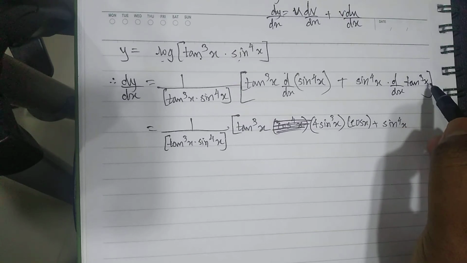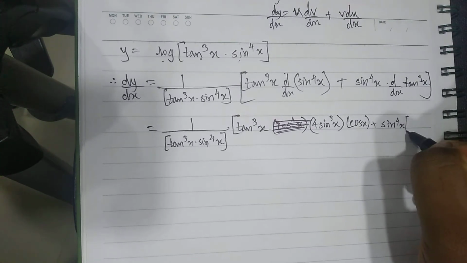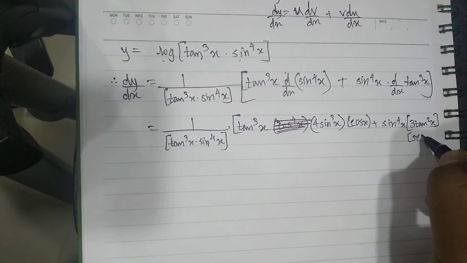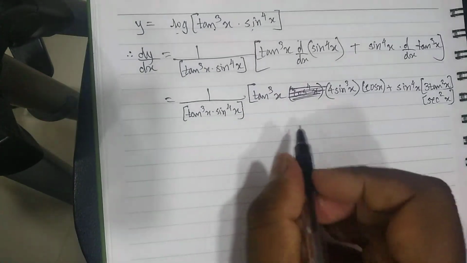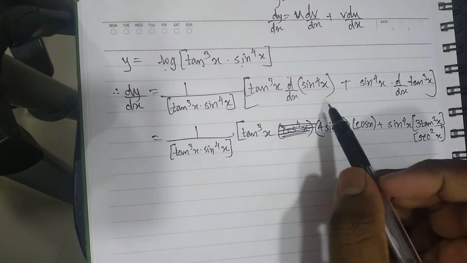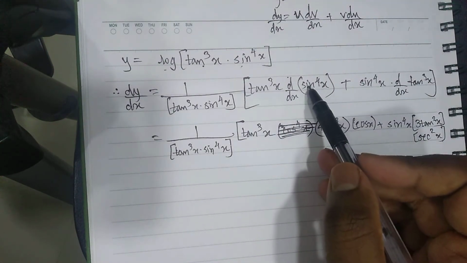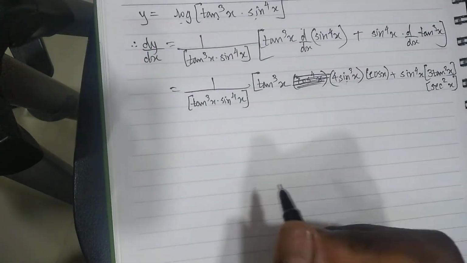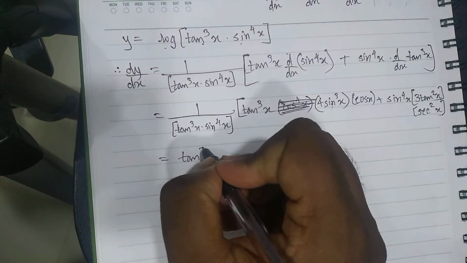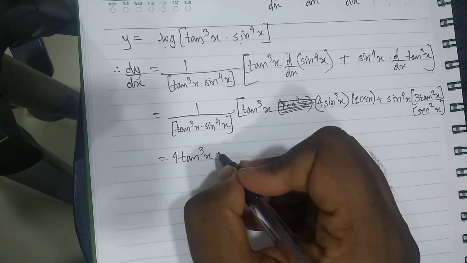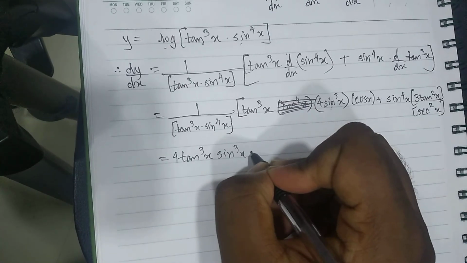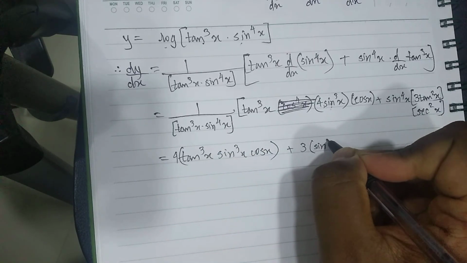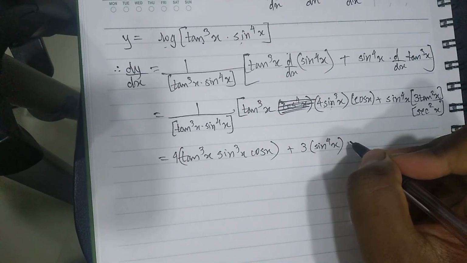Now here as you can see it is tan cube x. So you take the derivative of this cube first, which is going to be 3 tan square x times derivative of tan x is sec square x. Okay, now this looks quite messy here. I hope you understood this. I made a mistake here. Two functions: raised to the exponent function and the sine function. So exponent is the outer function. You take its derivative first and then the inner function. Alright, so now we'll just clear up the mess. This is going to be tan cube x times 4 times sine cube x cos x, okay, plus 3 times sine raised to 4x tan square x and